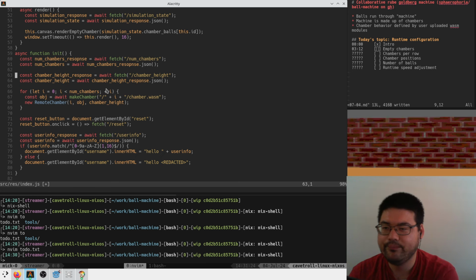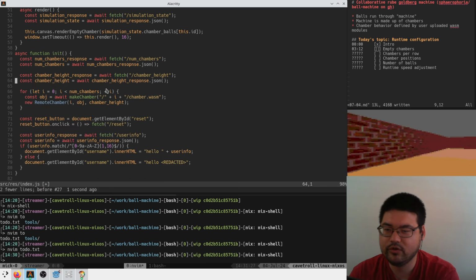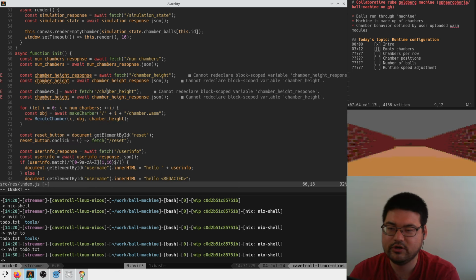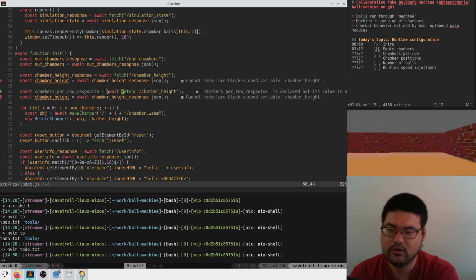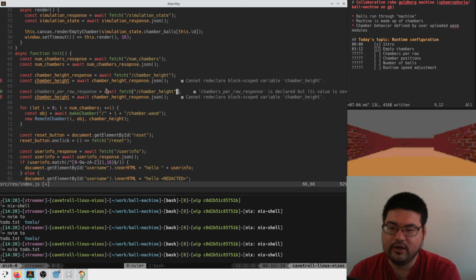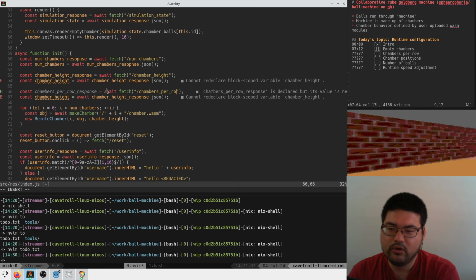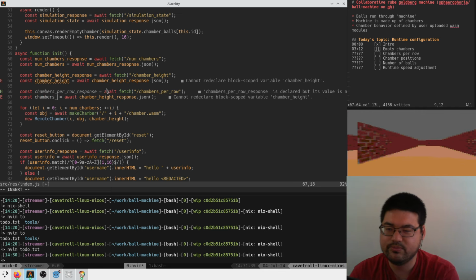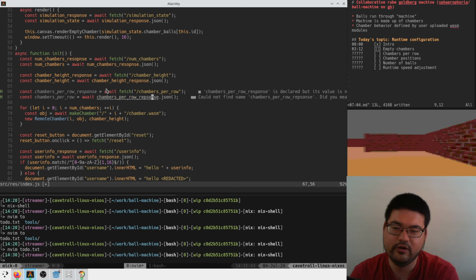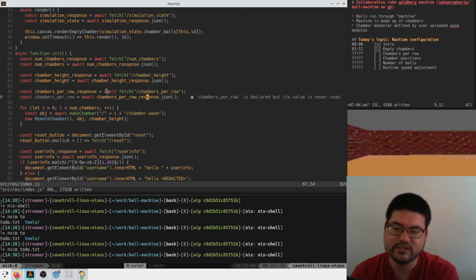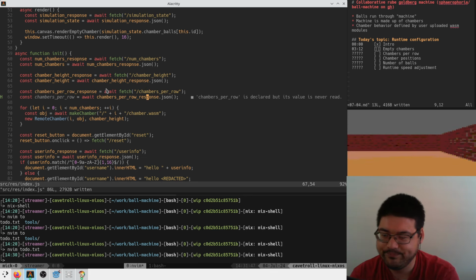So we can say chambers per row response is chambers per row. Chambers per row is the chambers per row response JSON. And then